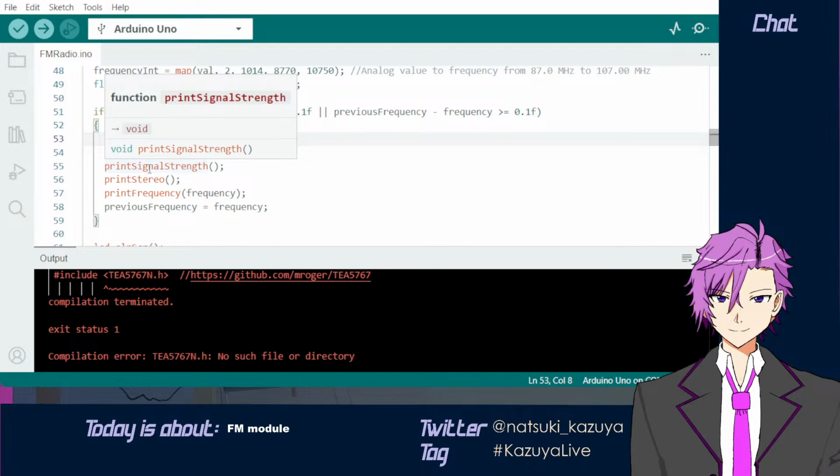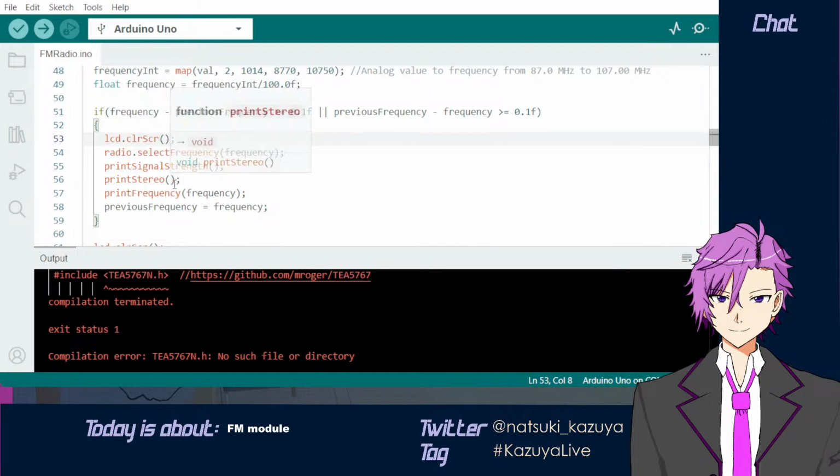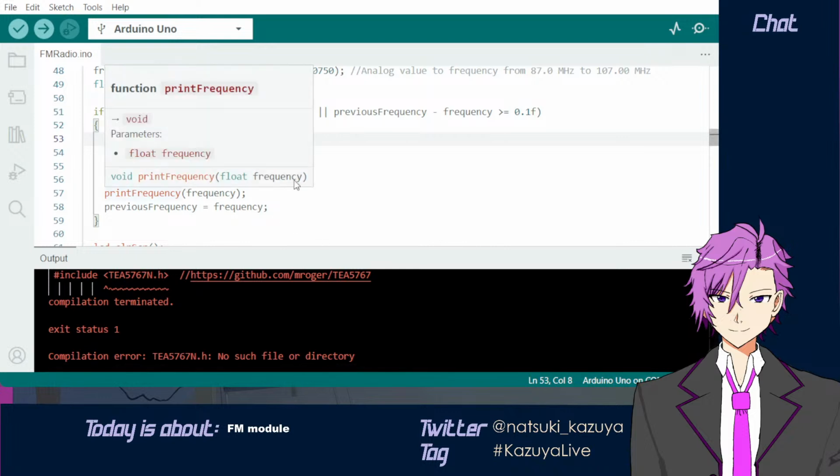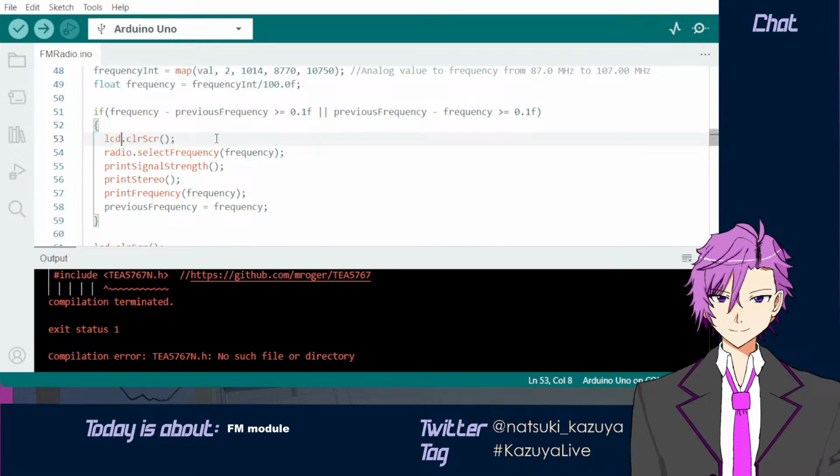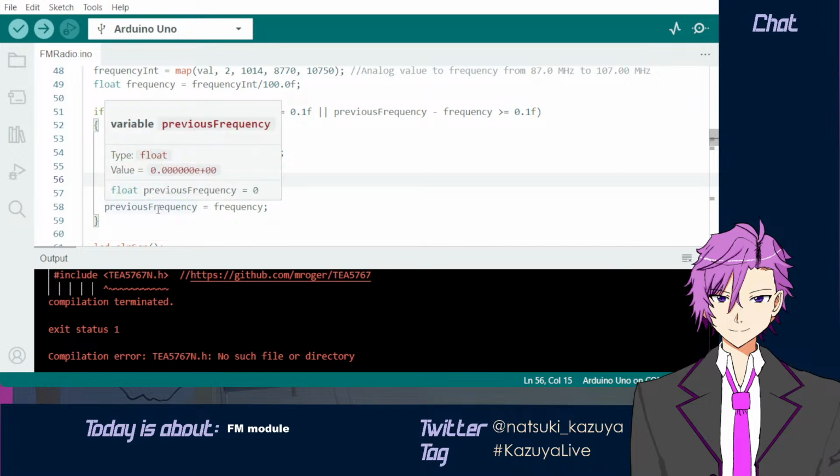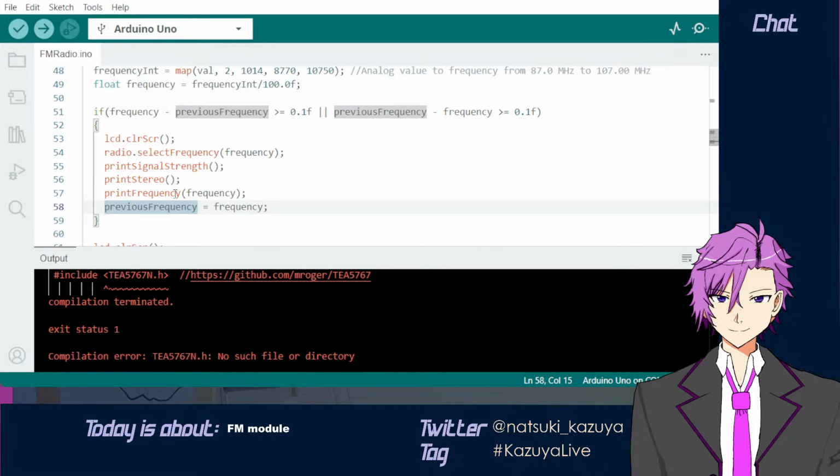So okay, the signal strength and stereo are not really related to what we're going to learn for tonight. Also the LCD clear screen and the print frequency, because these things are more related to the OLED display. If it's inside this code, it's actually going to be a different screen, but we're going to focus on the OLED display, which is going to be focused tomorrow night. So we're just going to focus on this